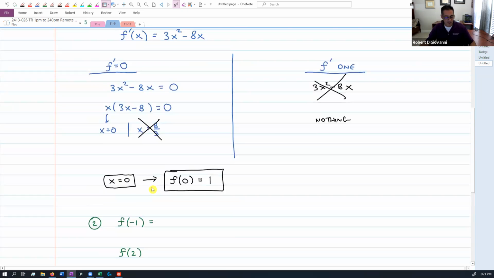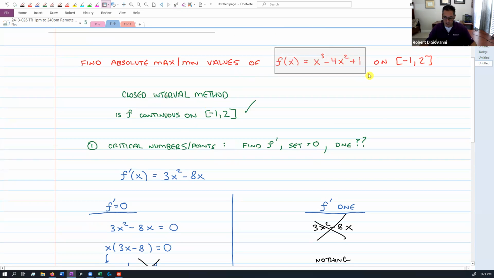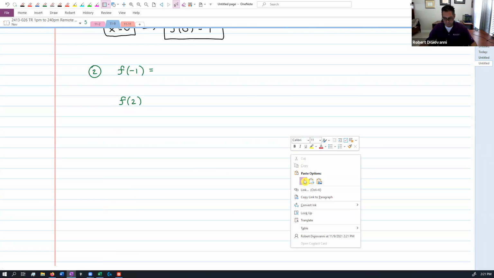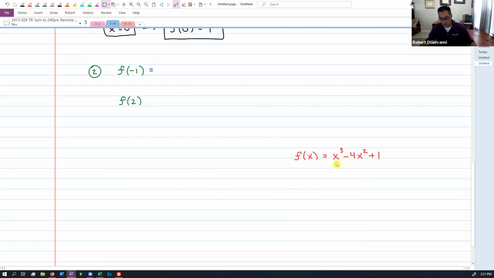So you have to plug this into the original function. Let me just grab it here so I can look at it. If I plug -1 in here, I should get -1 minus 4 plus 1. I get -3. No, I get -4. And then if I plug 2 in here, I get 8